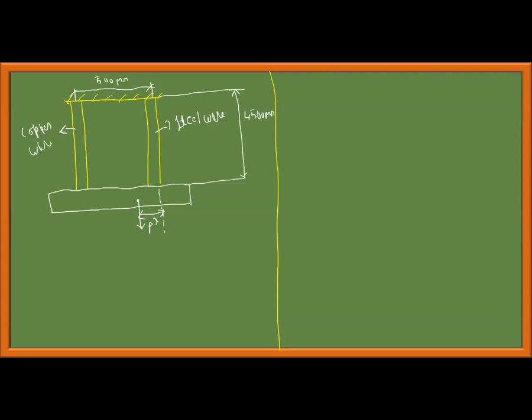Okay. And then the left wire, the diameter of copper is equal to 1.6 mm. The right wire, the diameter of steel, is 0.9 mm. We need to find the position X for this load P from the right support.